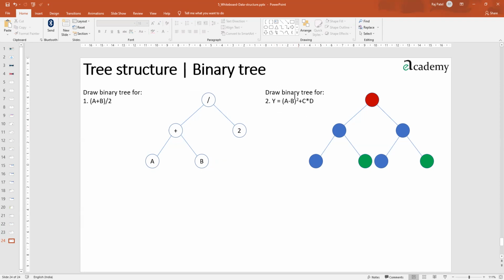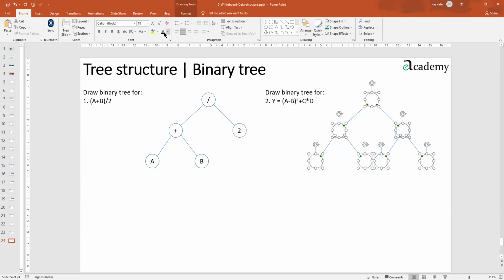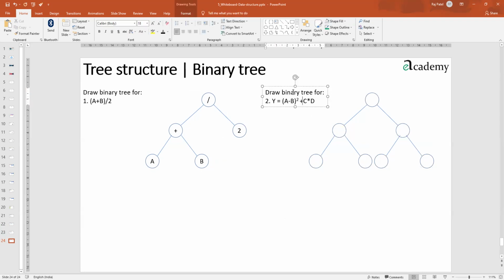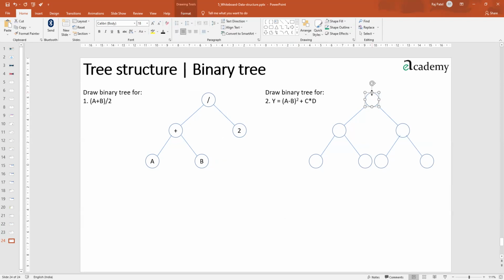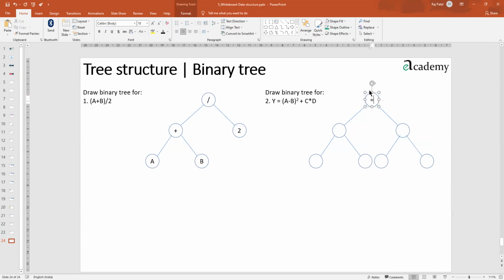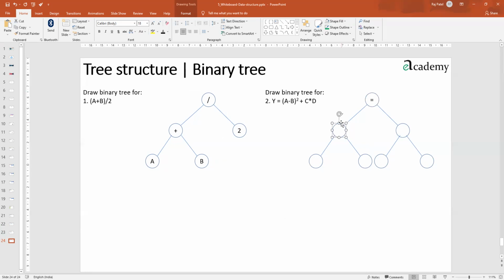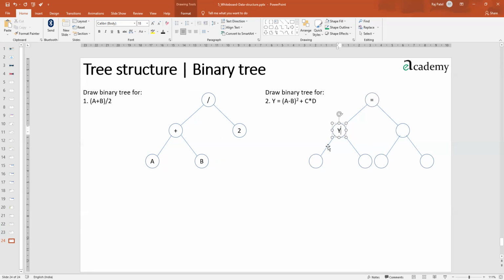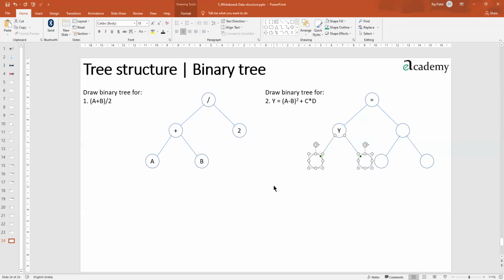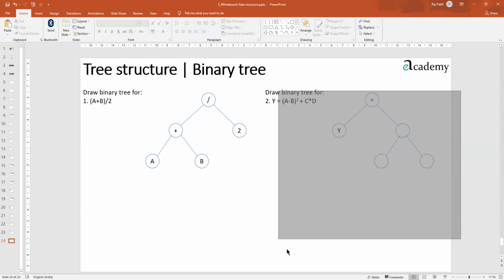Out of this, which one will get executed last? Absolutely last. I know any one of you will start focusing on the plus sign. The answer is wrong. Equal to will get executed last. So there will be an equal to sign. Then the left side will be y, and after y there is nobody. I'll delete everything, so this is how it will be till now.